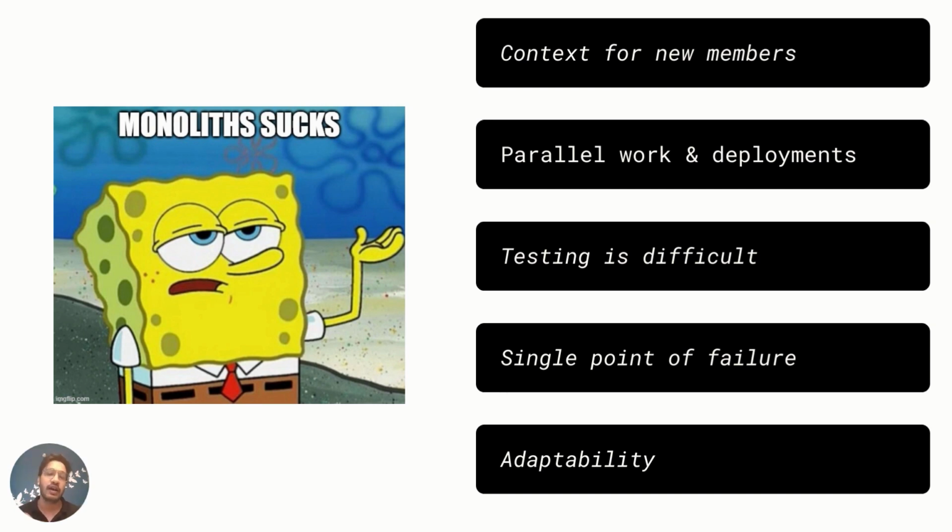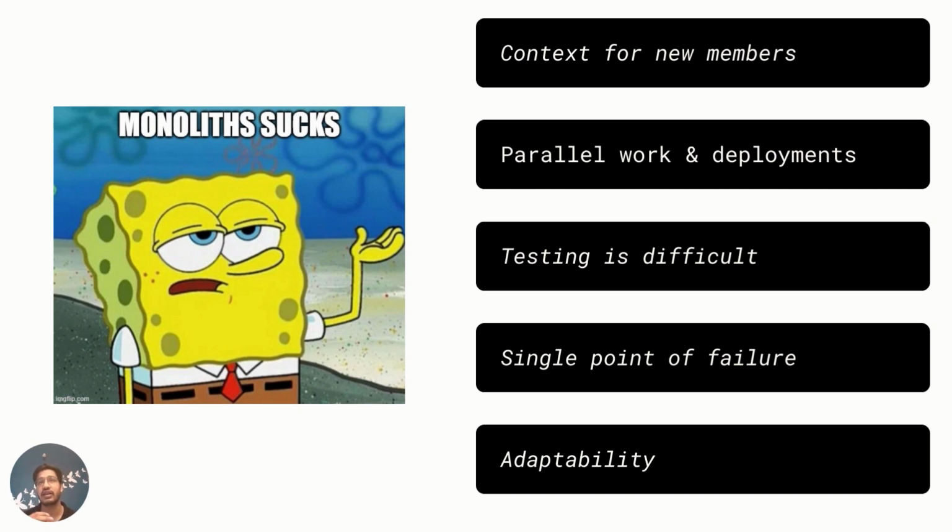Testing is difficult. Since the monolith architecture is not really decoupled, even testing gets difficult as everything is touching everything. Then, single point of failure. Since in a monolith everything is combined or bundled into one single program, into a single system, there is too much responsibility on a single server, and if anything fails, if a server crashes, the whole system will shut down. This is one of the major disadvantages why companies move away from monolith architecture, in order to avoid the single point of failure.